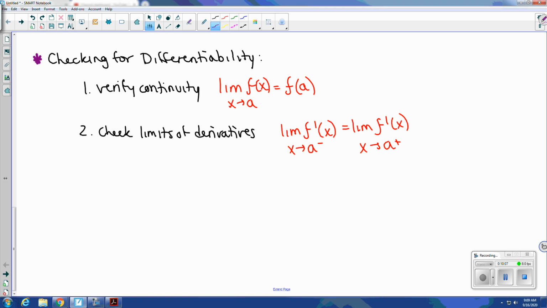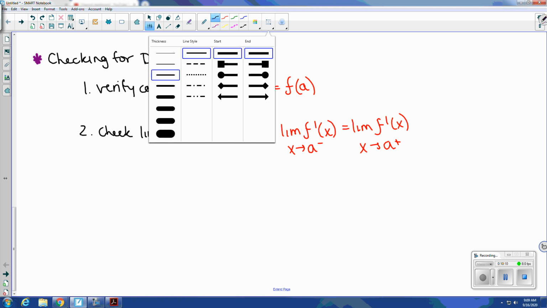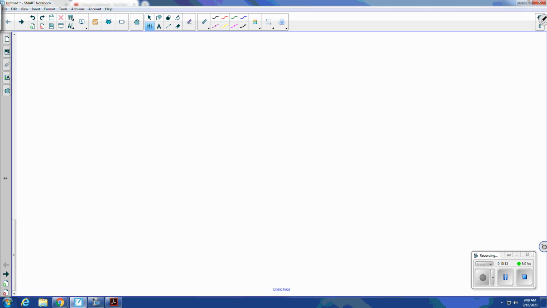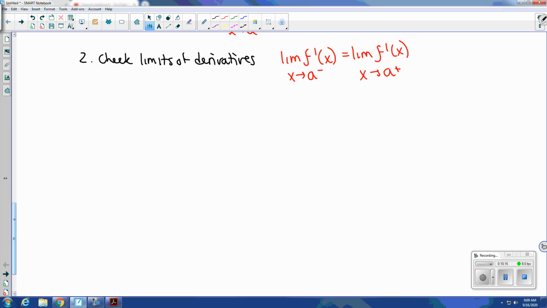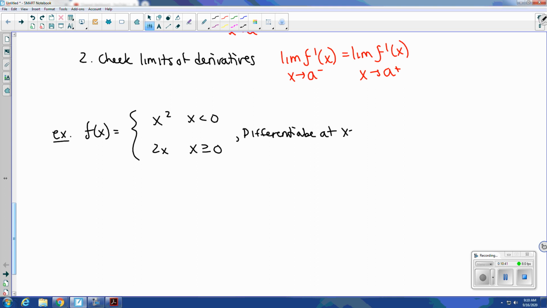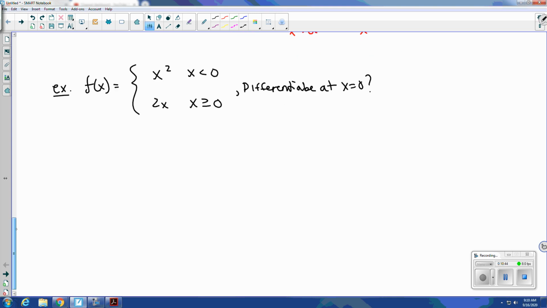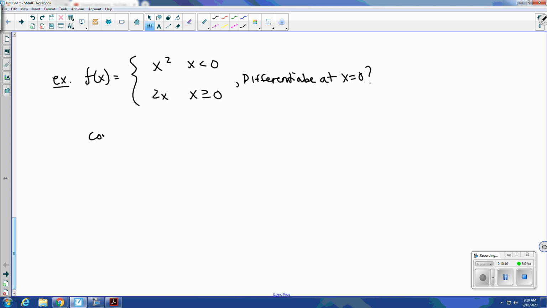So I'm just going to run through a couple quick examples so you can see how this works, and that will conclude the video. So example, we have a piecewise function, x squared when x is less than 0, and it's 2x when x is greater than or equal to 0. So the question would be, is it differentiable at x equals 0? So let's check that. First thing, we check continuity. So continuity,